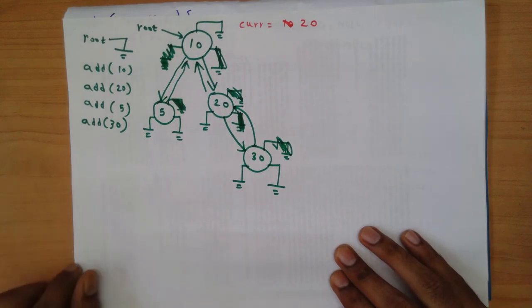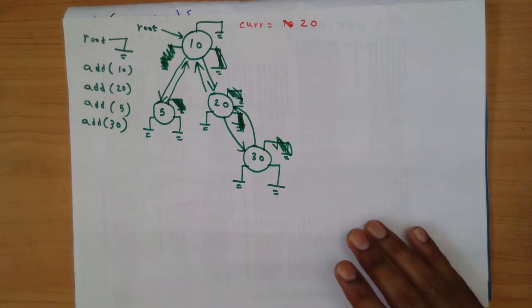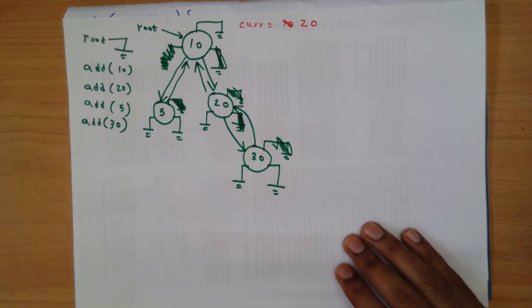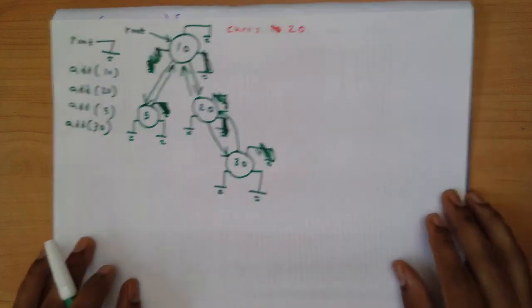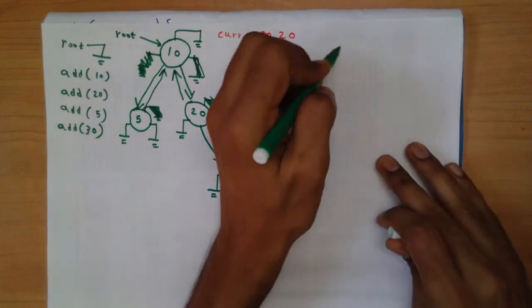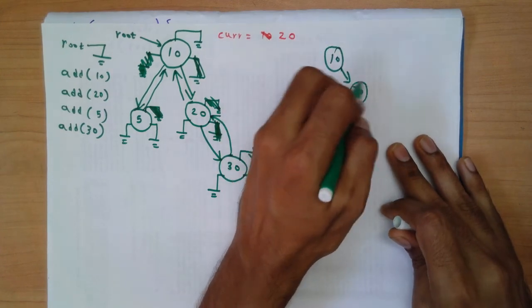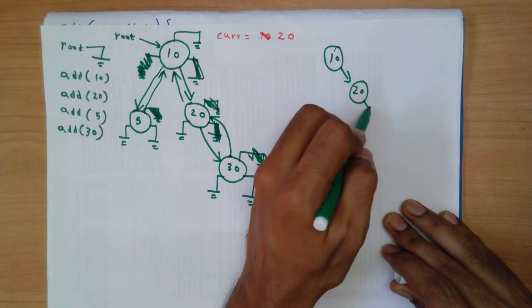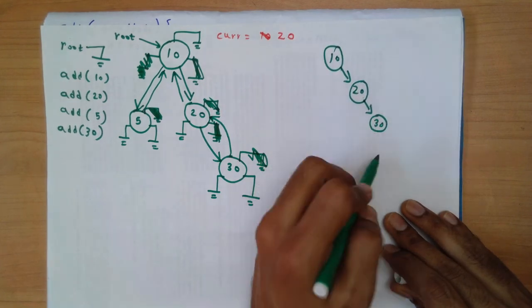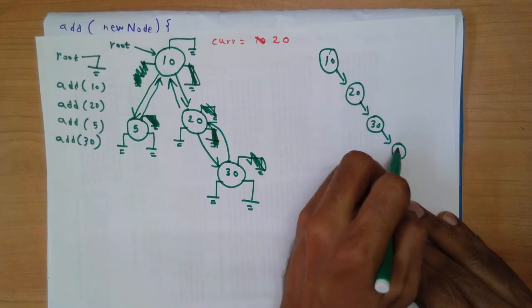And now the question is, in the worst case scenario, what would be the height of the tree? Okay, so think about it. If I go on inserting values which are in ascending order or in descending order. So let's insert the values in ascending order, 10, 20, 30, 40. How will my tree look? I start with 10, then 20 should be the right child, then I insert 30, 30 should be the right child of 20, then I insert 40 and so on.